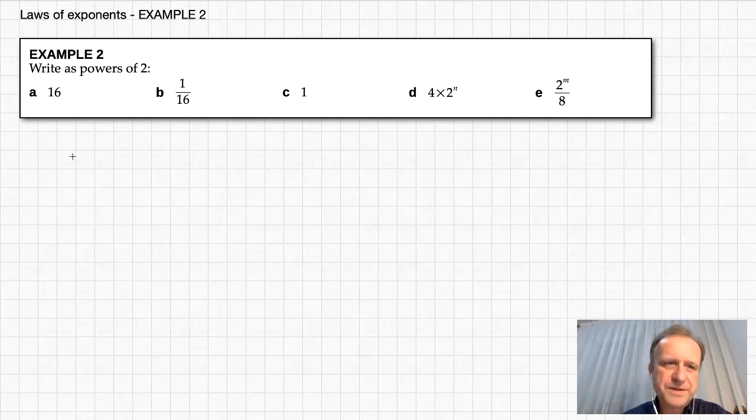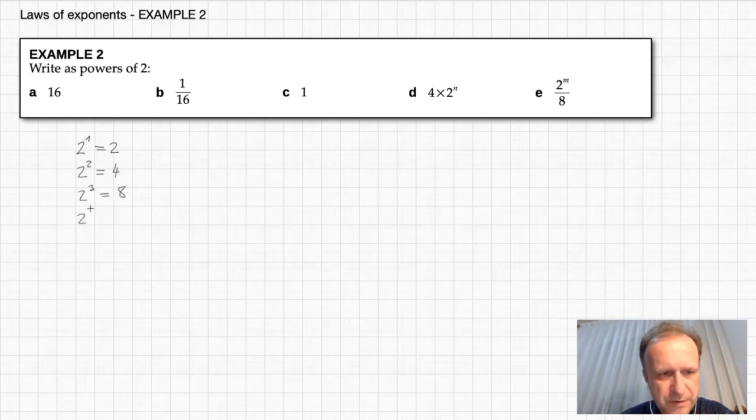Example to write as powers of 2. Okay, let me remind you of the powers of 2. So 2 to the power of 1 is 2, 2 to the power of 2 is 2 times 2 is 4, 2 to the power of 3 is 2 times 2 times 2, which is 8, 2 to the power of 4 is twice as much, so it's 16, so it's 2 times 2 times 2 times 2, and well,